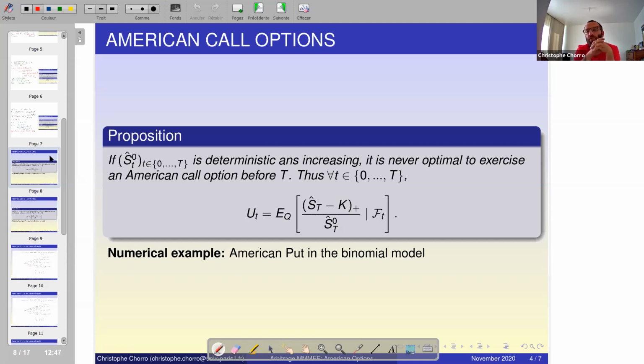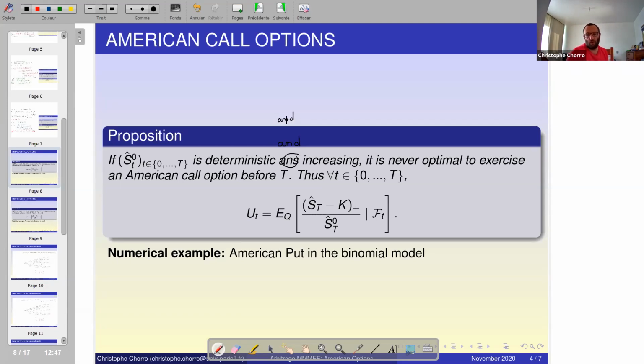If you suppose that the non-risky asset S^0_t is deterministic, meaning a function of t, not something random, and increasing (be careful, I made a misprint here), deterministic and increasing,